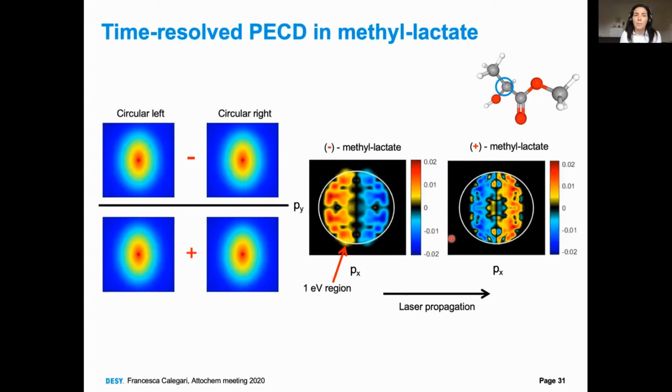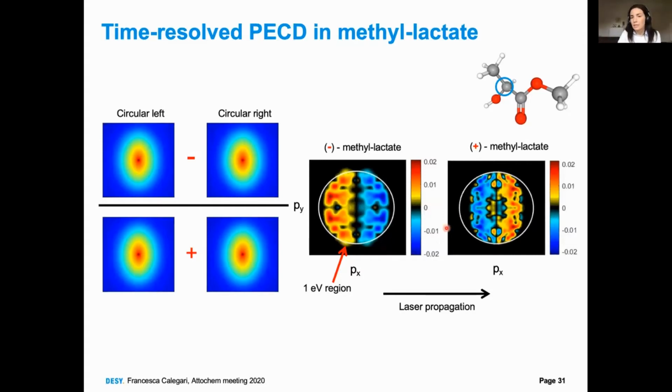So the PECD can be calculated by measuring this momentum distribution of the photoelectron for circularly left polarized light and circularly right polarized light, and then taking the difference divided by the sum of these signals. And then you obtain these images, as you can see here, where you have negative and positive